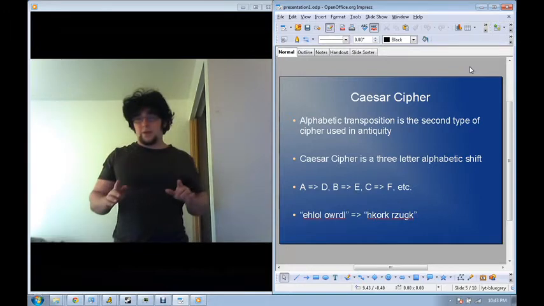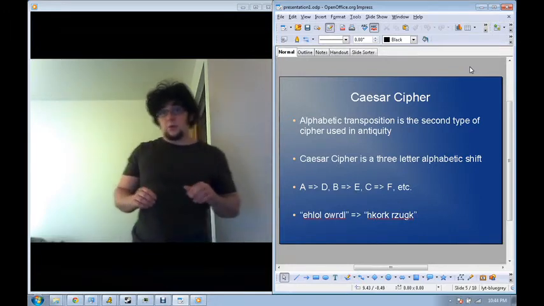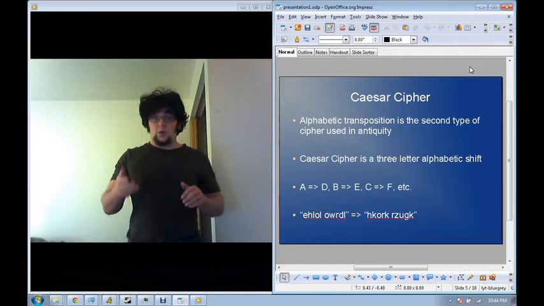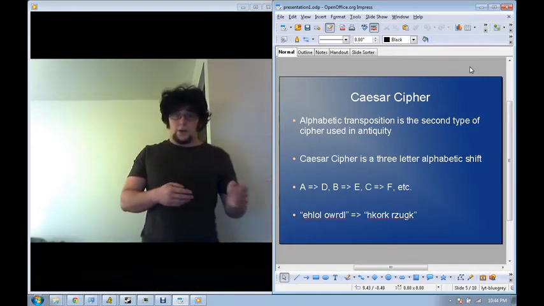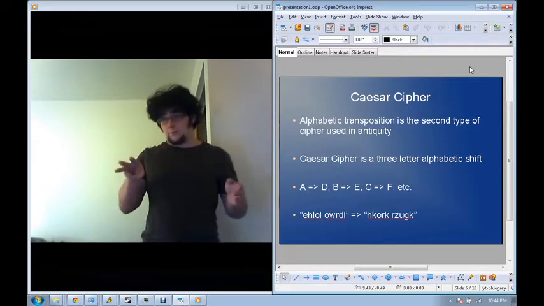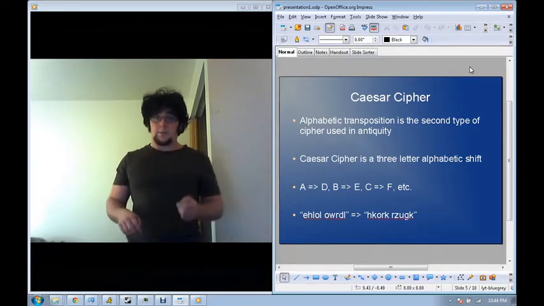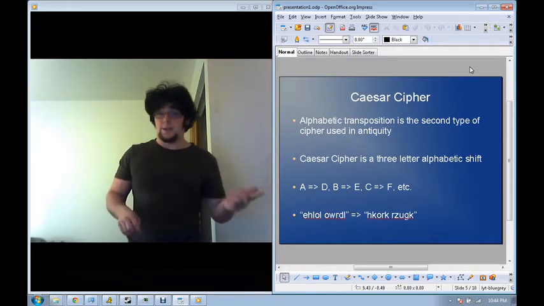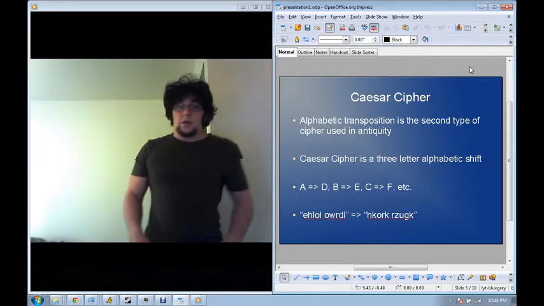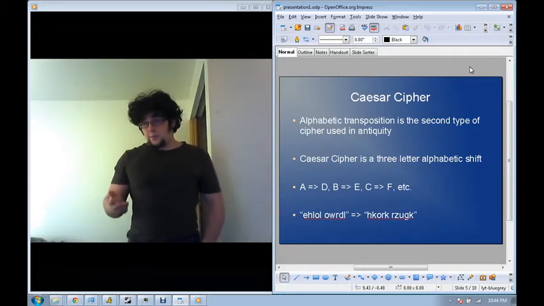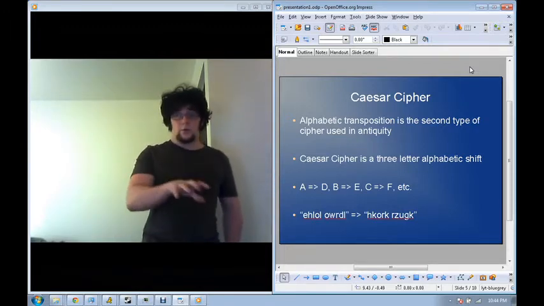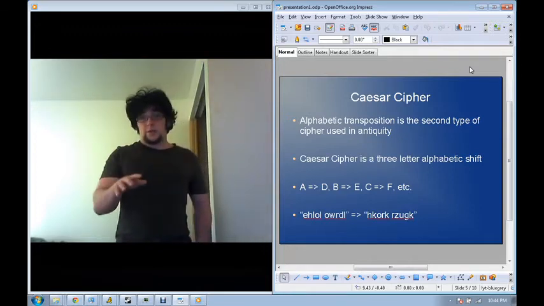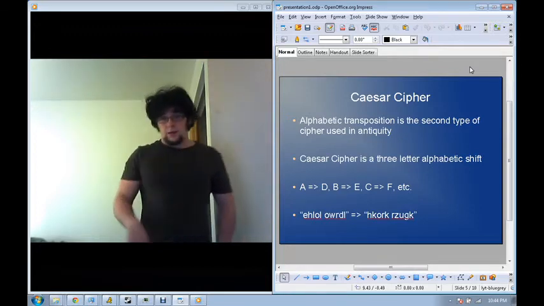So one very simple example that was used during the Roman times was referred to as the Caesar cipher. And what they would do is they would just take whatever letter in the message that you were on. So A would go three letters down. So A goes to B, C, D. B would go to C, D, E. C would go to F, so on and so on. And you could combine these ciphers to create a harder encryption. So if we took our first encrypted message, which is right there, and applied a Caesar cipher, we would get this: a cork, razug.